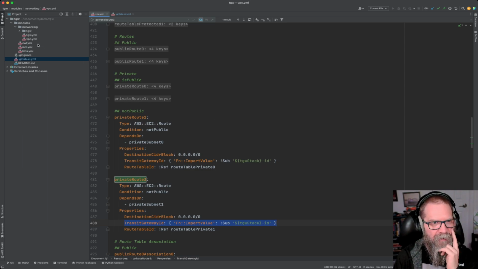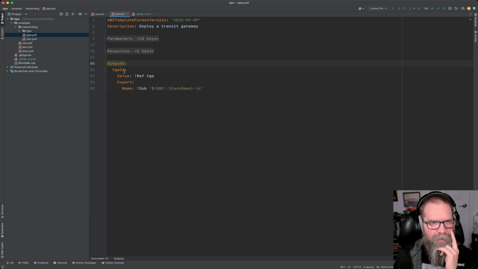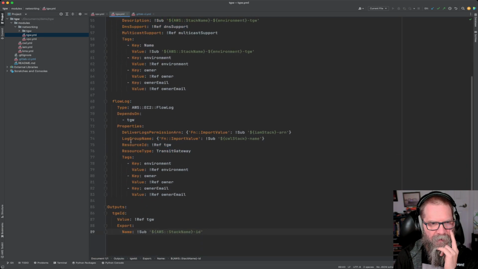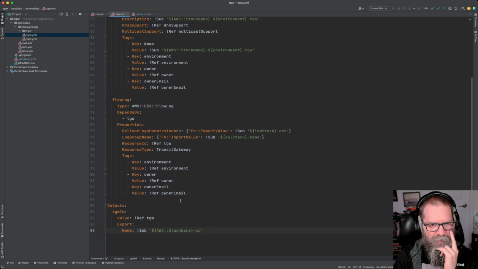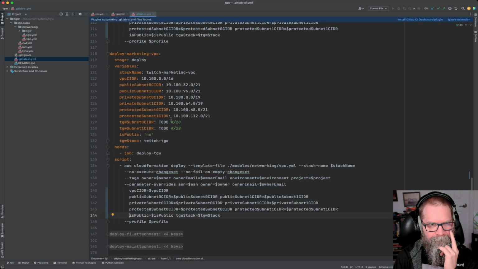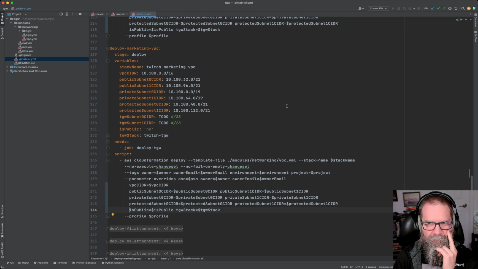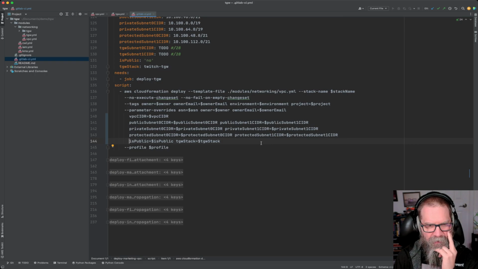So let's just check that. Go over here. Yeah, it's easy, right? There it is. Under resources, we have our transit gateway. We set up the flow log for the transit gateway, and then there's just the single output. Yeah, very, very confusing. I'm going to commit this just because